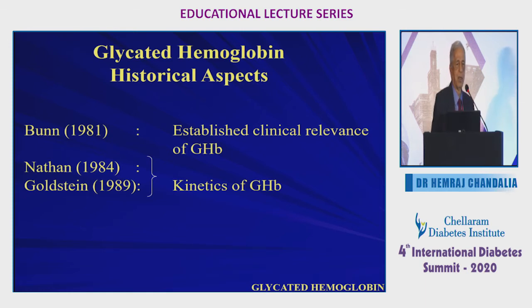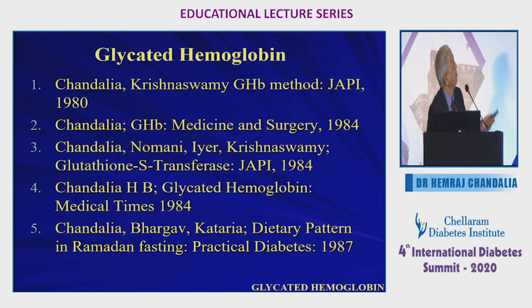And at that time, a lot of these machines you use now, which we are talking about 40 years ago, were not available, so we established a very nice chemical method, but we'll not talk about that today. We had a lot of publications on that, starting from one basic one to establish our claim that the first one to do A1C in India is 1980. And then, of course, we have some very interesting aspects of this glycated hemoglobin, using it in a variety of situations, and using some glycation of other enzymes. We also studied superoxide dismutase and glutathione transferase. So those are different publications we produced at that time.